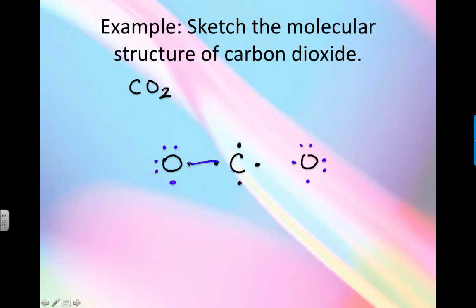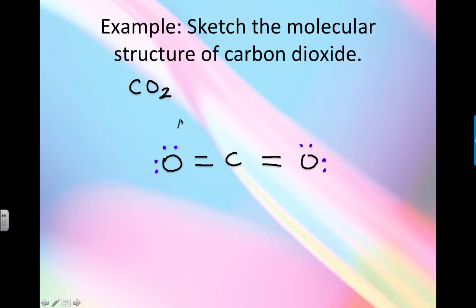So I can see right here, these can partner up, right? That's easy to spot. But now I need a partner for this guy. So let's join up with this electron for carbon, and then here we're going to have to sort of move things around, right? So let me adjust our picture to show the double bonds now. So when those electrons shift around a little bit, I get a double bond on either side of the carbon,